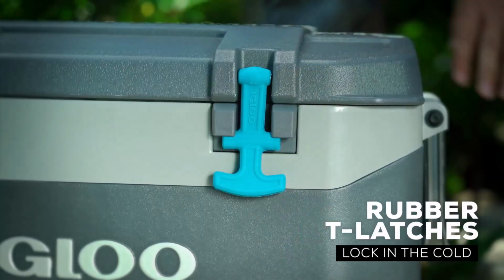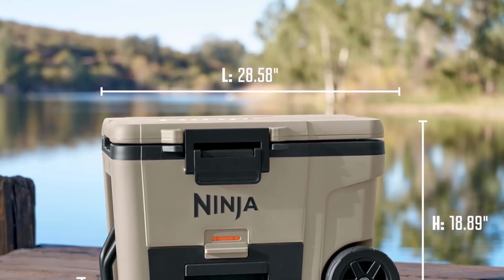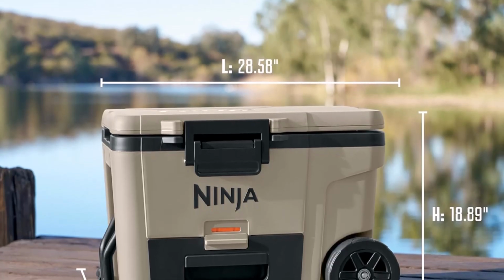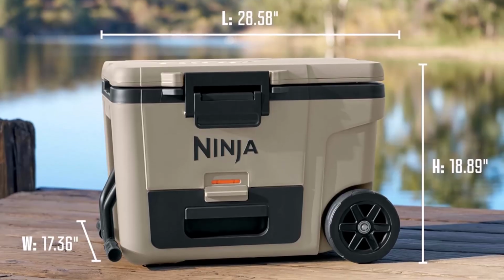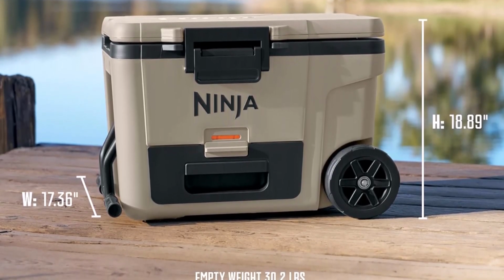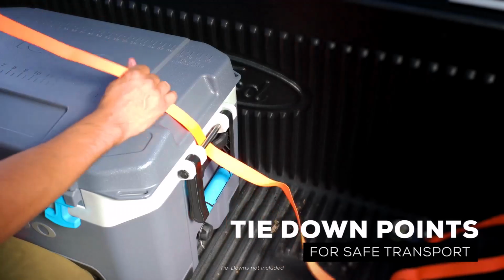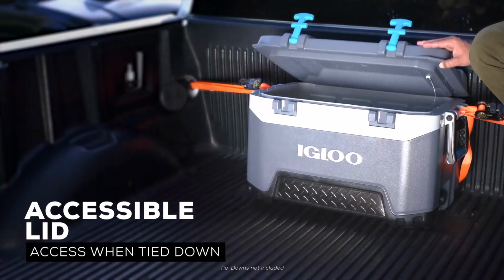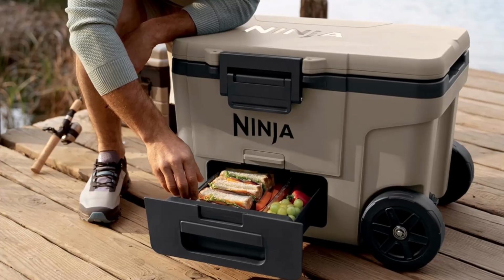This eliminates the common problem of wet or spoiled food caused by melted ice, allowing campers to store perishables with confidence. With a 45-quart capacity, the cooler can fit up to 68 cans without ice, or 40 cans with ice, striking a balance between portability and storage for medium-sized groups. Built with up to 3 inches of insulation, it holds ice for days, ensuring your drinks and food remain cold